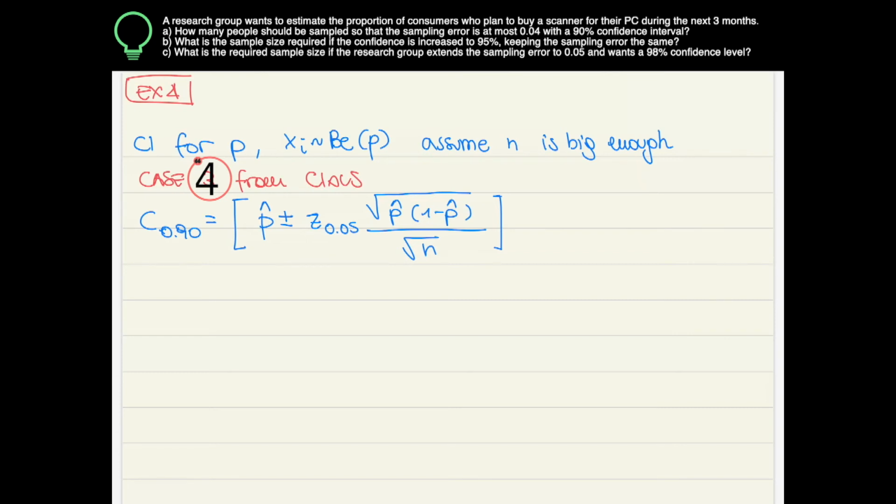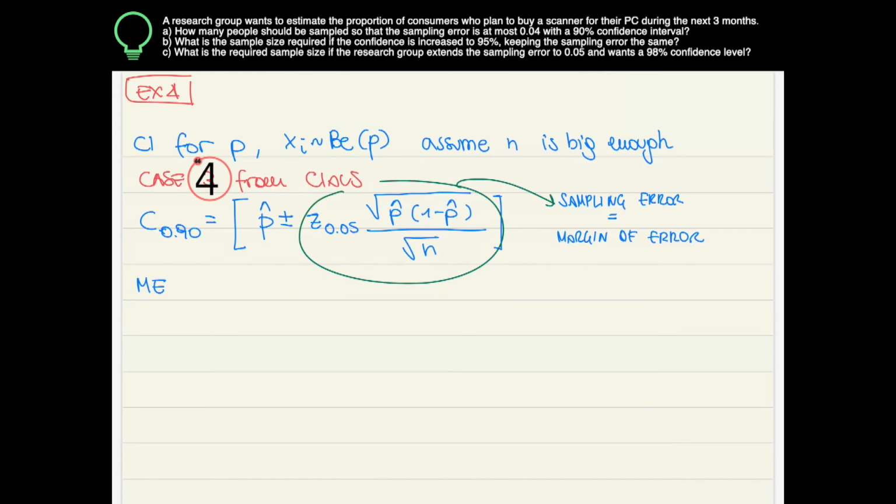The sampling error is a different name for the margin of error. Sampling error is just the margin of error that we have called before, which is this one. So the margin of error, which is z 0.05 times the square root of p hat 1 minus p hat over n, has to be lower